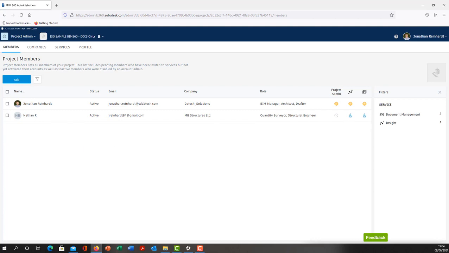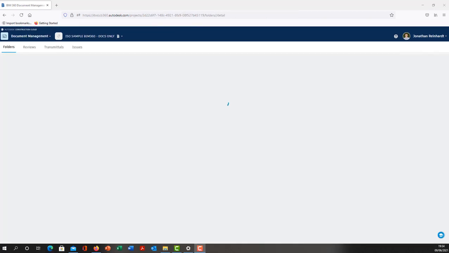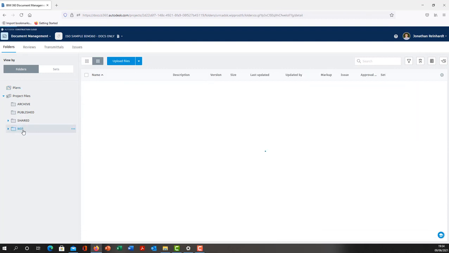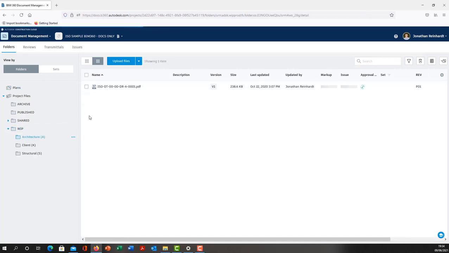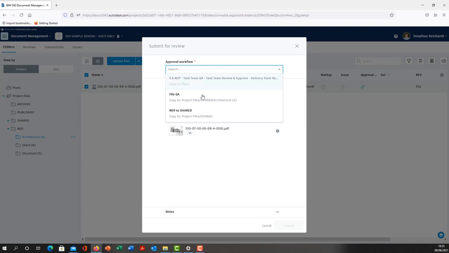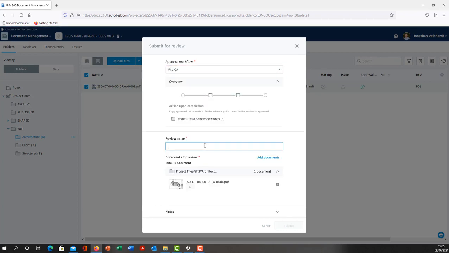So that should allow them to do that. There may be an approval email required. Let's see. I'll just jump into my email address here. So I'll just go back into my folder, select my WIP architecture, particular file, it's a floor plan, I want to submit that, submit for review. So approval workflow, file QA, that's fine, call this GF plan. So ground floor plan, initial design,